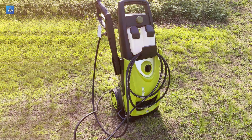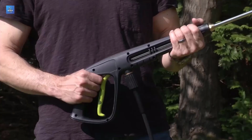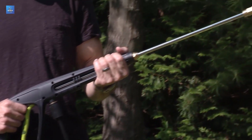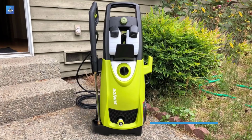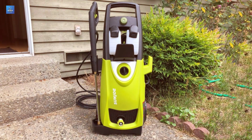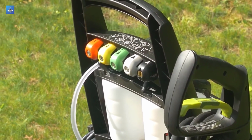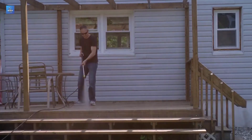your vehicles and more. The SPX 3000 is driven by a robust 14.5 amp motor that generates up to 2030 psi of pressure at a flow rate of 1.76 gallons per minute (GPM). This impressive combination of power and water flow ensures that even the most stubborn dirt and grime are effortlessly removed. One of the standout features of this pressure washer is its dual detergent tanks, each capable of holding 0.9 liters of cleaning solution. This allows you to switch between different detergents on the fly, making it ideal for various cleaning